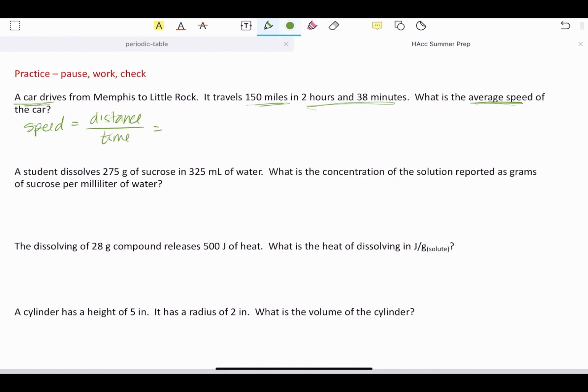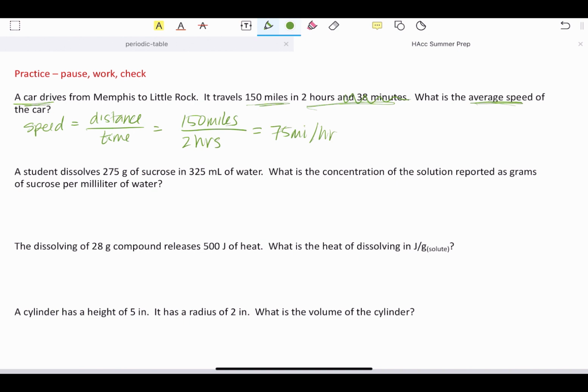So, what's my distance? 150 miles. And what's my time? 2 hours and 38 minutes. 2 hours and 38 minutes, and we've got to turn that into one thing. I don't know why I gave you that. You know what? Let's just pretend that says 2 hours. And then it would just be 150 divided by 2, which would give us 75 miles per hour as our